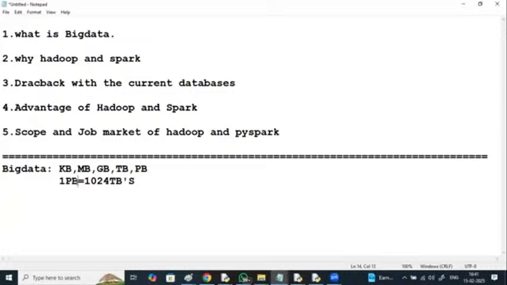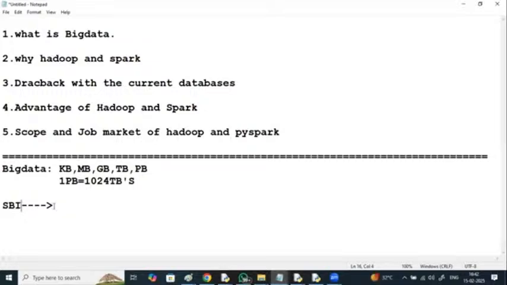Take the example of any banking sector like SBI or HDFC. Within the city, you see hundreds of branches of SBI. Within the entire state, thousands of branches. Within the entire country, lakhs of branches. Within each branch, millions of customers, making multiple transactions per hour, per day, per week, per month, per year. So huge data is getting generated.